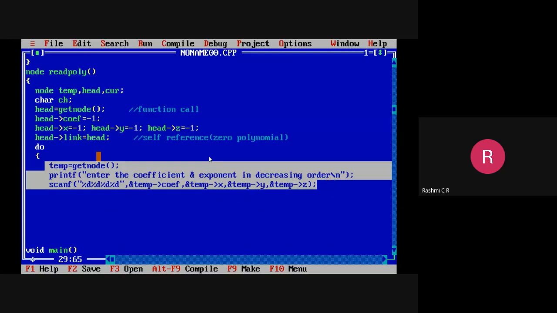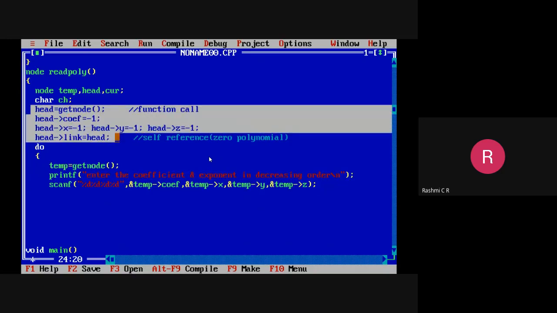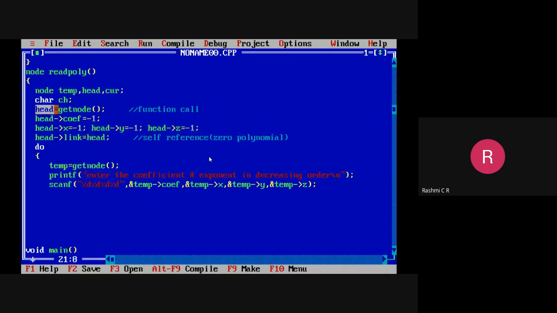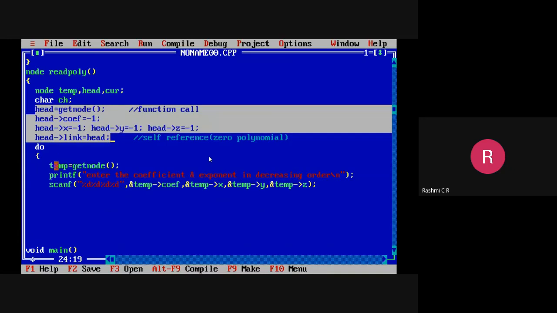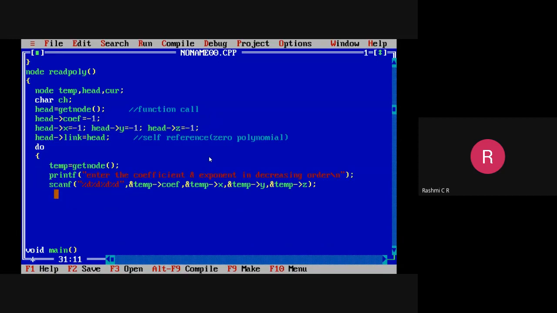This should be appended to the right side of the header node, because header node will be pointing to the first node. To the right of the header node, we have to add this temporary node. So for adding that, I have to find out the last node.